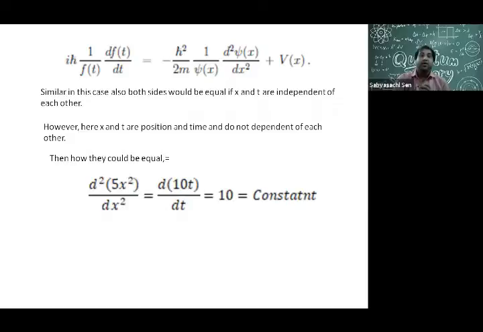Okay, these are some of the examples I told you. This is a basic idea: if it is any equation like 5x squared d2/dx2 equal to d/dt of 10t, it is possible that after the derivatives you end up with a constant. Here also, one side of that equation, if you look at the top, you will notice